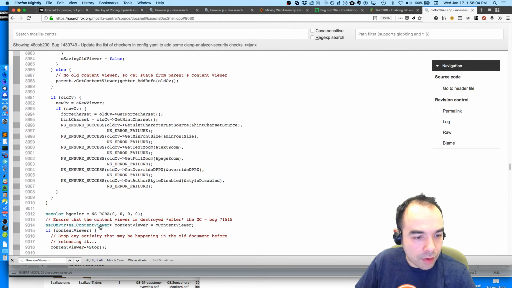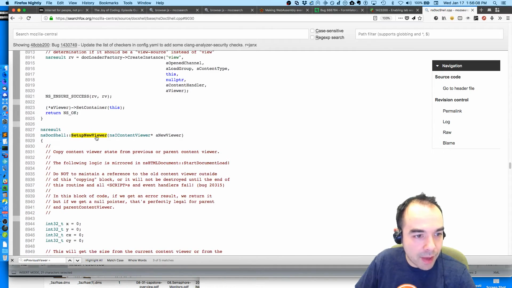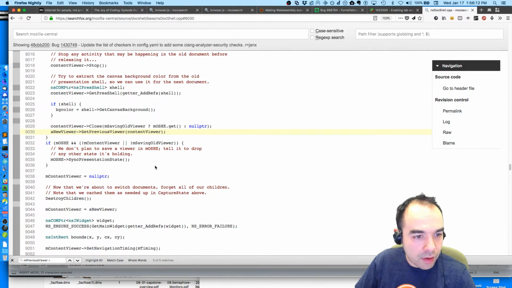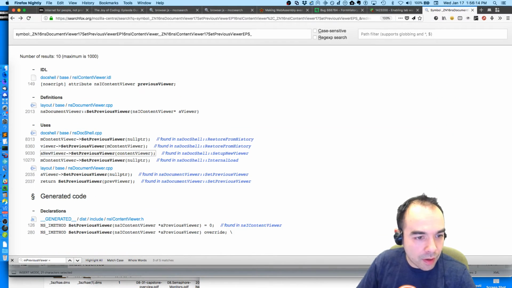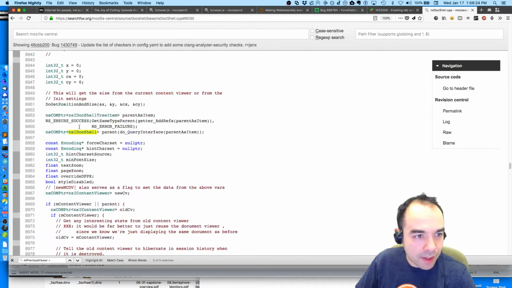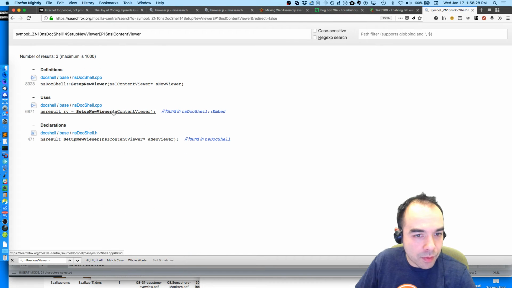If content viewer ensure start after the GC. So we're getting into the deep magic when we set up a new viewer. Previous viewer, or when we restore from history. I don't think we're restoring from history. When we set up a new viewer, and set up a new viewer happens when we first install the doc shell.